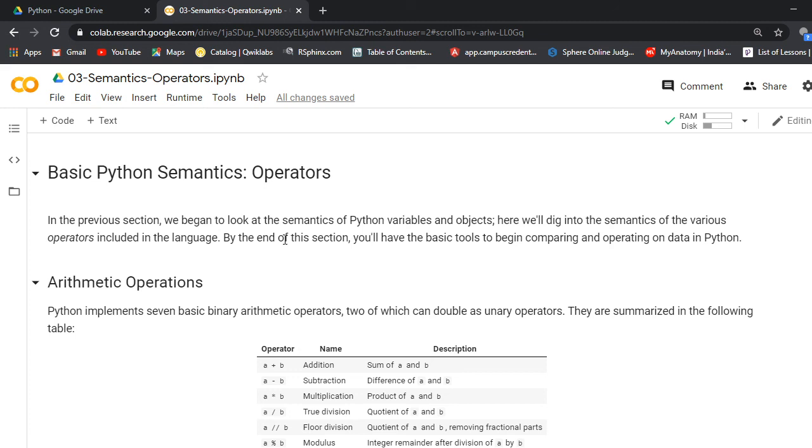In this Jupyter notebook I covered different types of operators in Python. I will also provide the Jupyter notebook link, so you can practice after downloading it on a local computer or Colab.